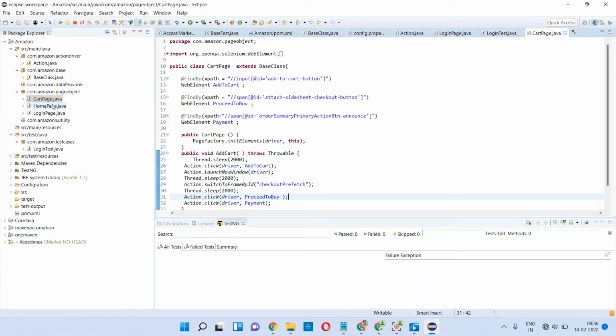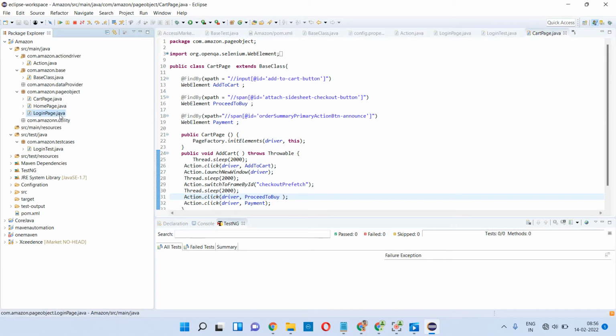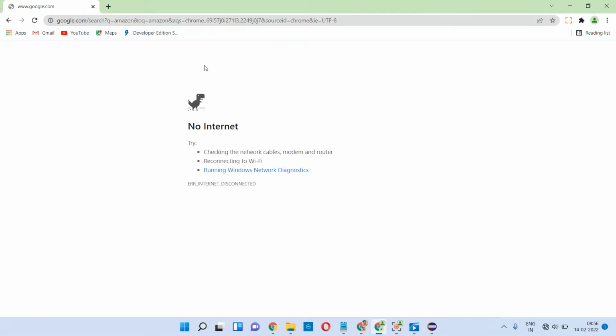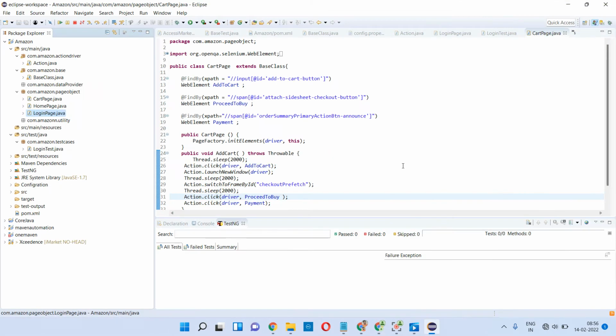Okay, so here I have a cart. I'm going to cover the end to end e-commerce domains: login, homepage, search page.